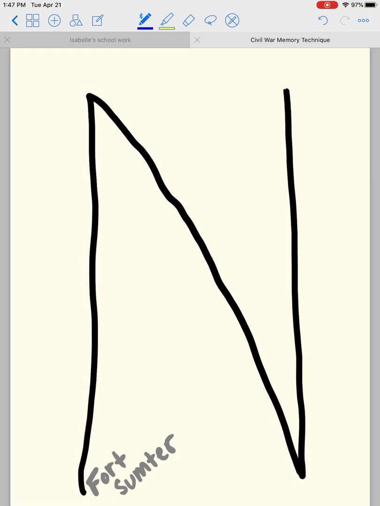Now, for the beginning of the war, the North is not doing a great job. The South is on the defense. They know the land, they have good shots, and so they're doing really great at winning a lot of these battles and skirmishes. But on September 17th, 1862, at the Battle of Antietam, and I'm going to write this on the line going up,